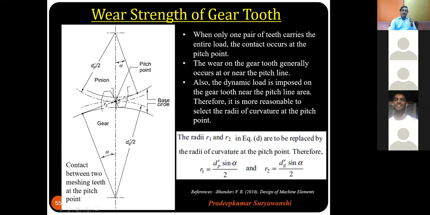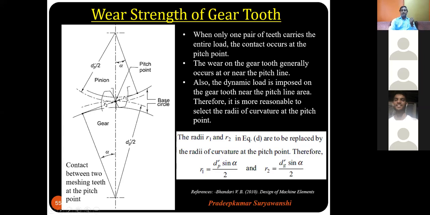This is the contacting force, the resultant force between the pinion tooth and the meshing tooth on the gear, right? Because R1 and R2 are the radii of the contacting cylinders, and we don't know right now in the analysis of this gear what the magnitudes of R1 and R2 are,